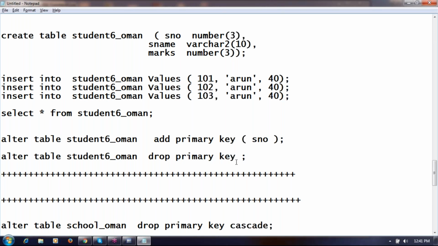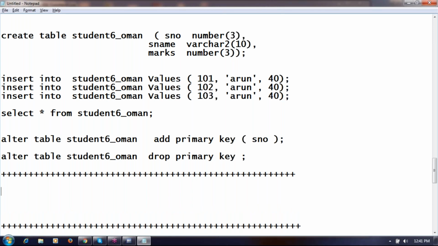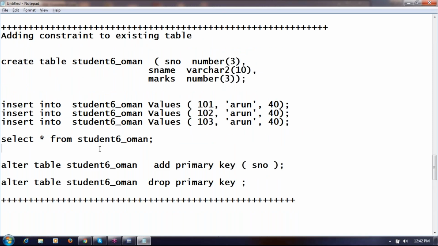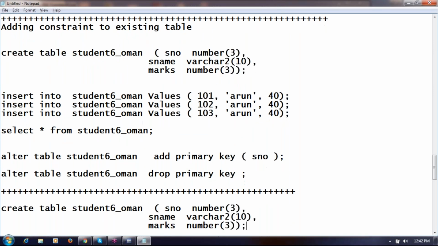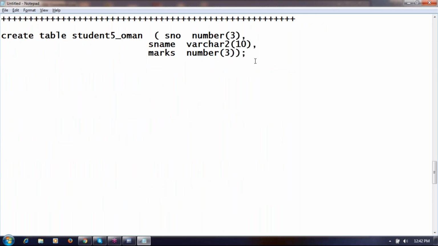I think drop check will not work. There is a different way of dropping the check constraint. Let us work out a scenario. Check, drop foreign key. Drop the primary key, no? Foreign key.